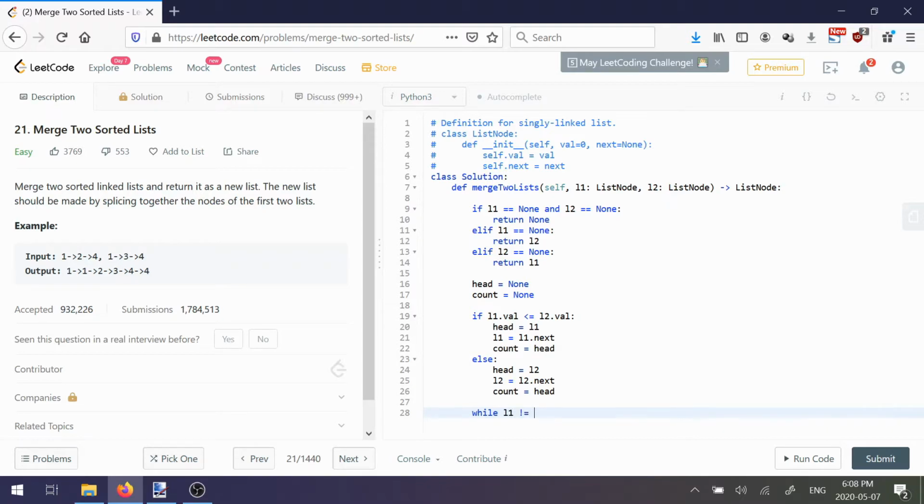So what we have here is when L1 is not equal to none and if L2 is not equal to none. If either of them becomes none, we break this loop automatically. And in here, we do the same thing again, right? If L1.value is less than or equal to L2.value,